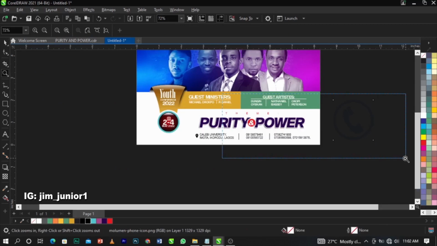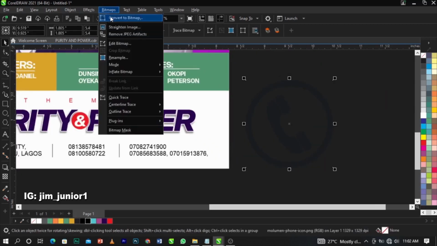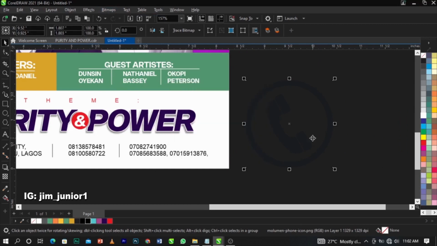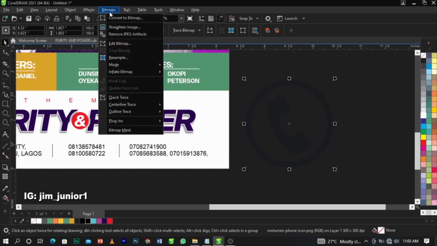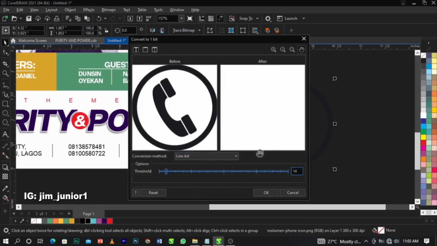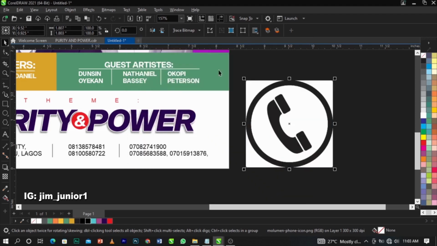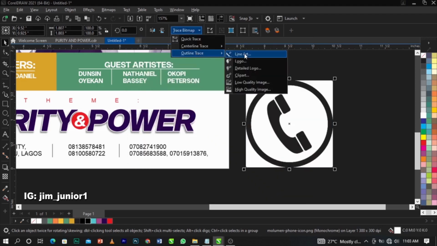Then you can leave that to that, and what you're going to do now is bring in this phone icon. This one is actually heavy, guys, so before you do anything, convert to bitmap, and go to bitmap, select mode, black and white, and change your conversion mode to line art. Alright, then increase your threshold. If you reduce it, this is what you're going to have, guys. You can see that disappeared. If you have more of this, you can increase to see it. So click on OK. So what you're going to do now is go to trace bitmap, line art, alright,